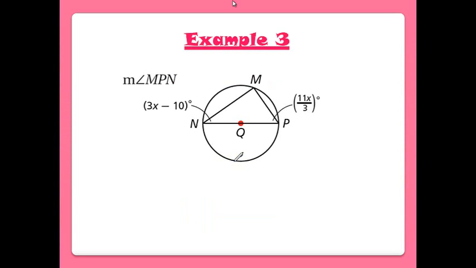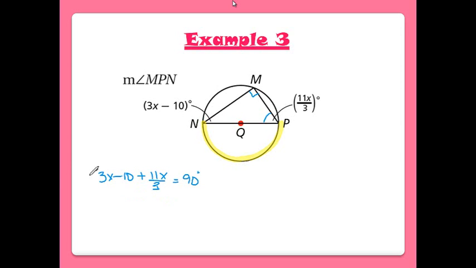Let's go through example 3. We're going to find the measure of angle MPN. This is the angle measure right here. And I see that it's in the semicircle, which tells me that this measure here must be 90 degrees, the inscribed angle. So if I have a right triangle here, 90 of it's here, then these two have to add up to 90. So 3x minus 10 plus 11x over 3